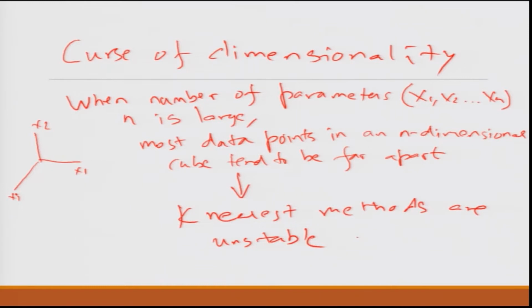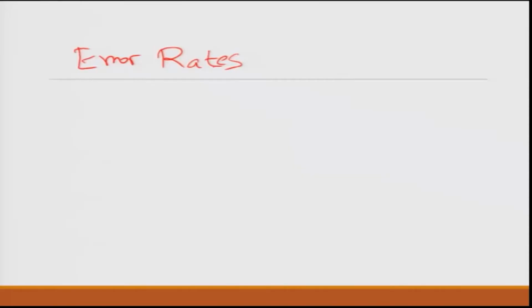So, typically what you do is, when you use these methods, we should also consider what is called error rates. When you use these methods, there are always misclassifications that happen. So, there will be data points for which your model will classify them wrongly. So, what you do is you calculate a metric which is